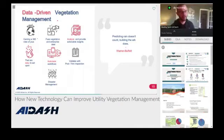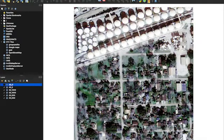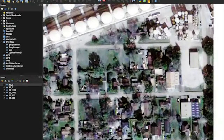So let me start. Basically, if you look at it, there's a low resolution satellite image, and we have used an algorithm to create a high resolution satellite image. In the low resolution satellite imagery, it is very hard to detect where the tree canopy is, where the house is, the boundary of the house and all. But if you look at the corresponding high resolution satellite imagery, you can very well